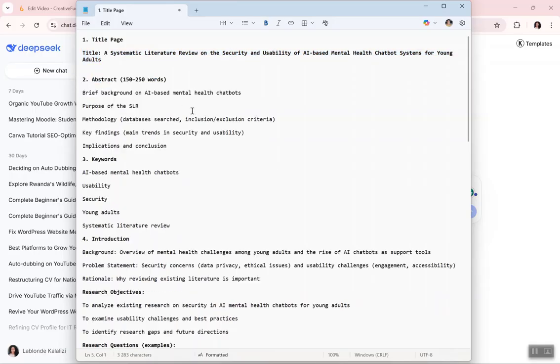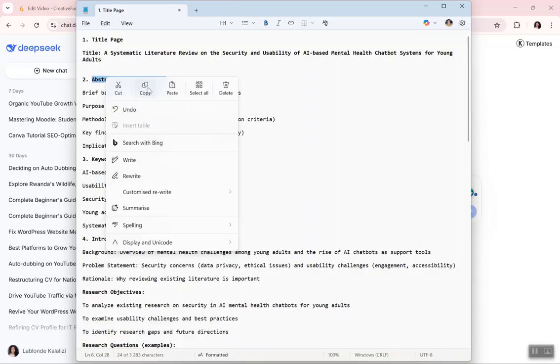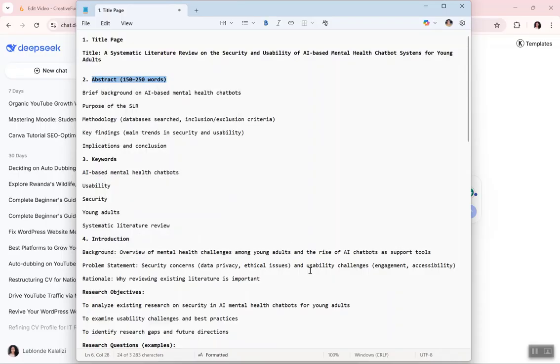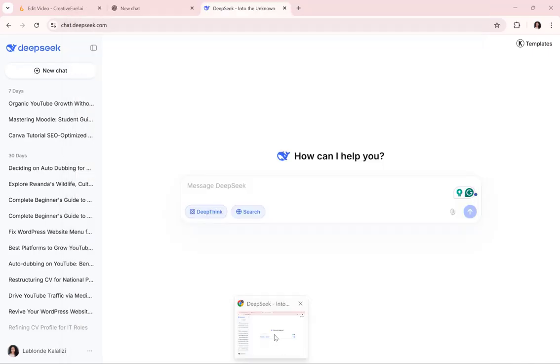So we are going to tell DeepSeek to write our abstract, our research abstract. We do not have time, guys, so we are going to go step by step on how ChatGPT has aligned our research outline. So we're going to DeepSeek, and we are going to tell DeepSeek, can you please